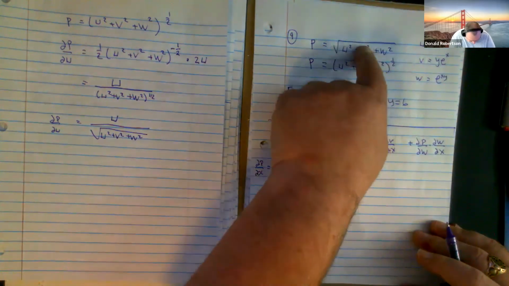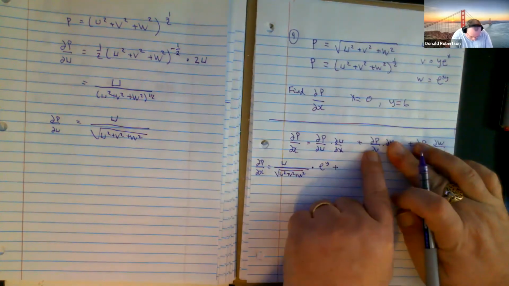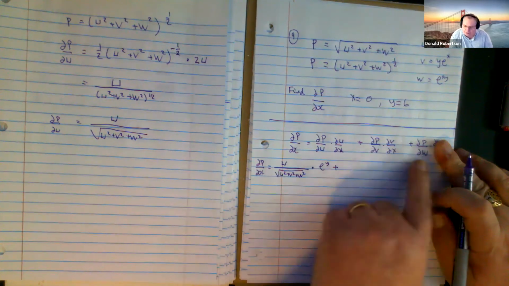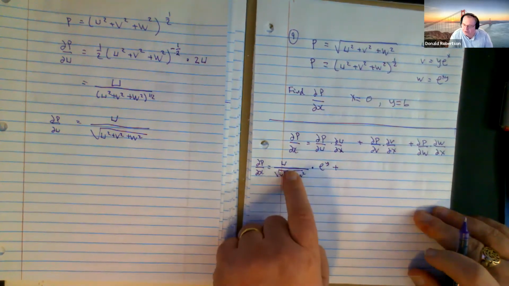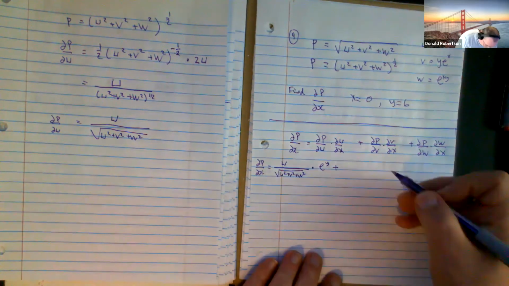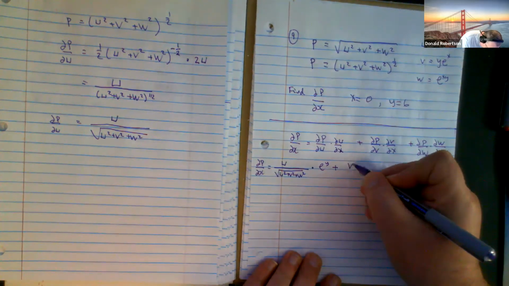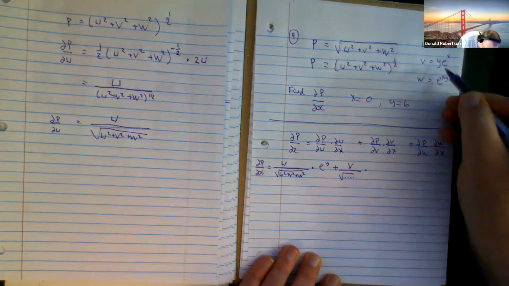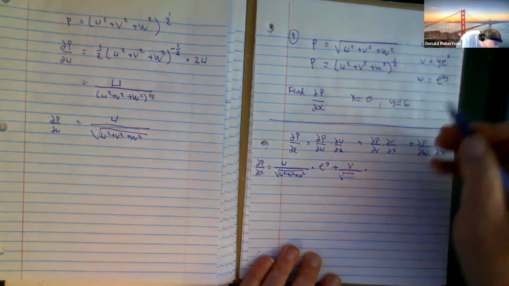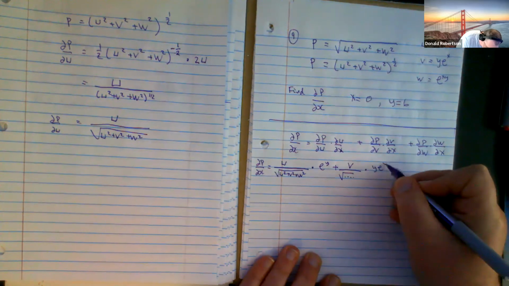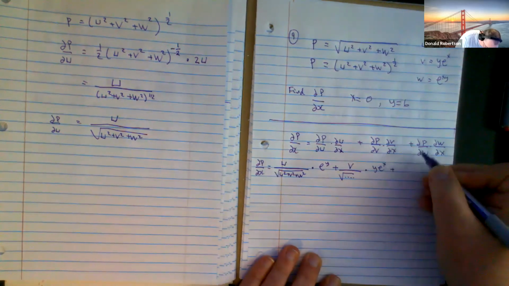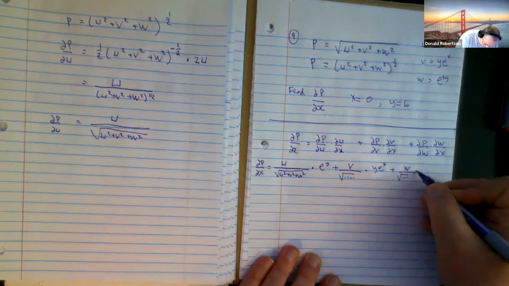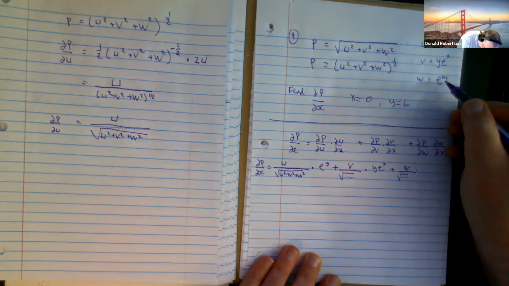Because this is symmetric, can't I do dp by dv and then after that dp by dw? Can't I use those two by using this answer to help me? So when I do the second one, it's going to be just v over that square root. And the derivative of v with respect to x ends up being that fella. And then to do the last one, it's going to be w over that square root. And the derivative of this guy with respect